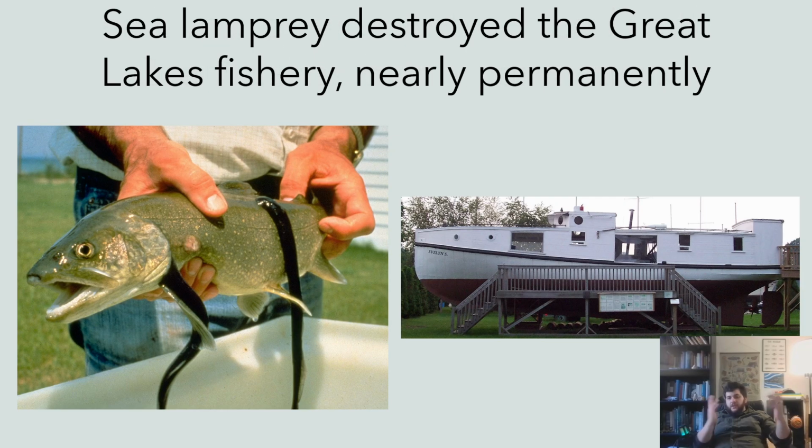So the Great Lakes fishery was almost permanently destroyed, right? The loss of the lake trout caused all these downstream effects. There were decades of damage that were done to the Great Lakes fishery that we're still seeing, right? You can still see some of the effects of this in the species that are around today, and there are other invasive species that must be carefully controlled, right?